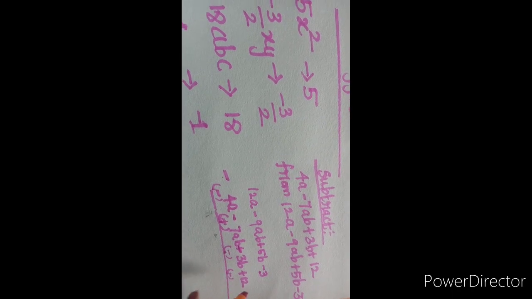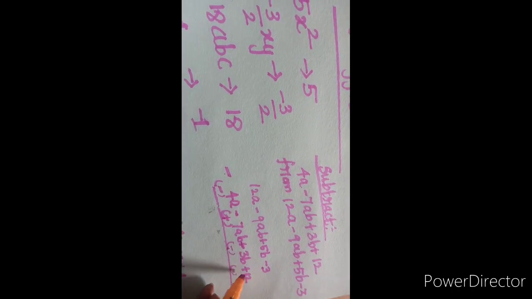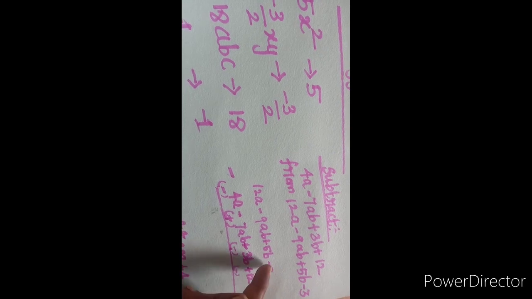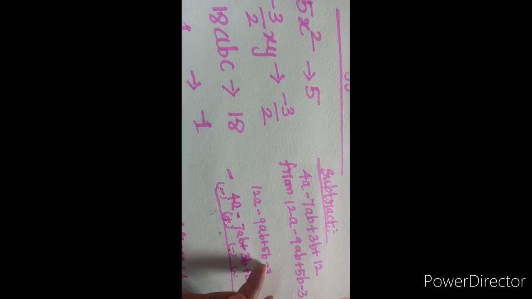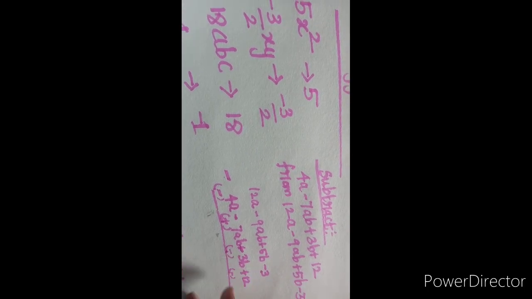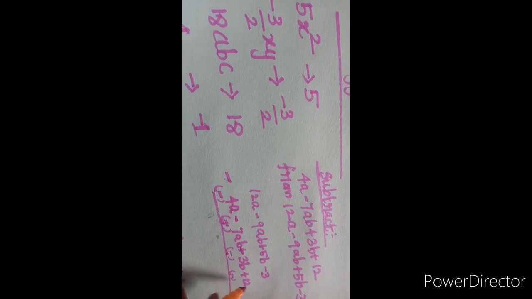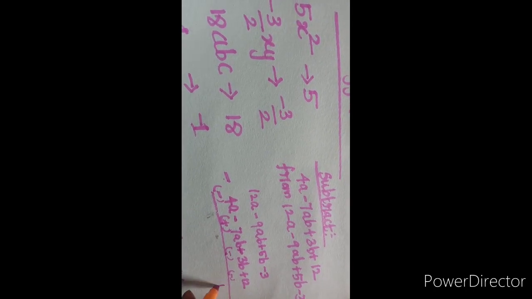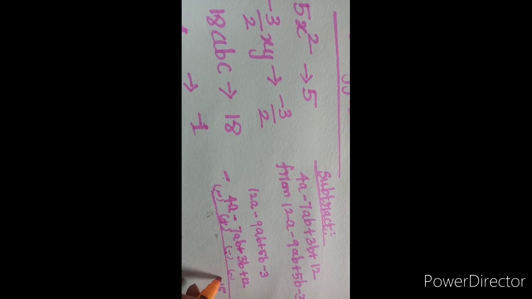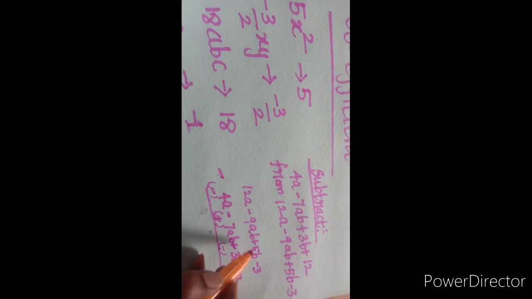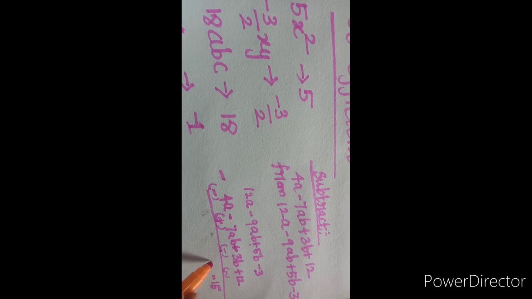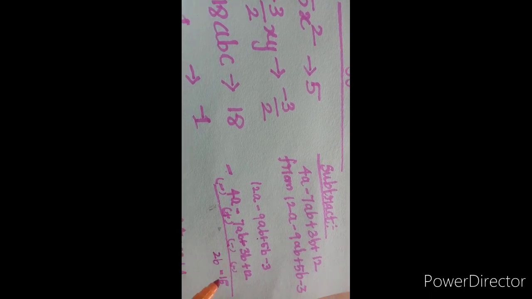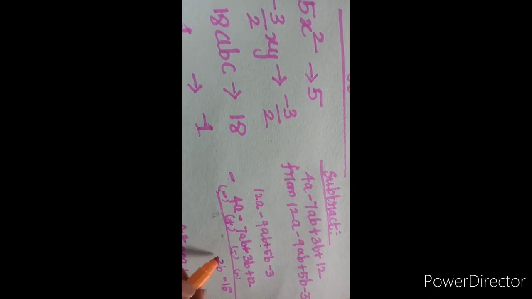So first you can add or subtract according to the symbols. Here minus is there, minus 3. Here also minus is there, minus 12. So minus 3 and minus 12, same symbol means you can add. So 12 plus 3, 15. Bigger number symbol is minus. Here plus 5b minus 3b. We changed here to minus 3b. So 5b minus 3b is 2b. The symbol is plus because here it is plus.